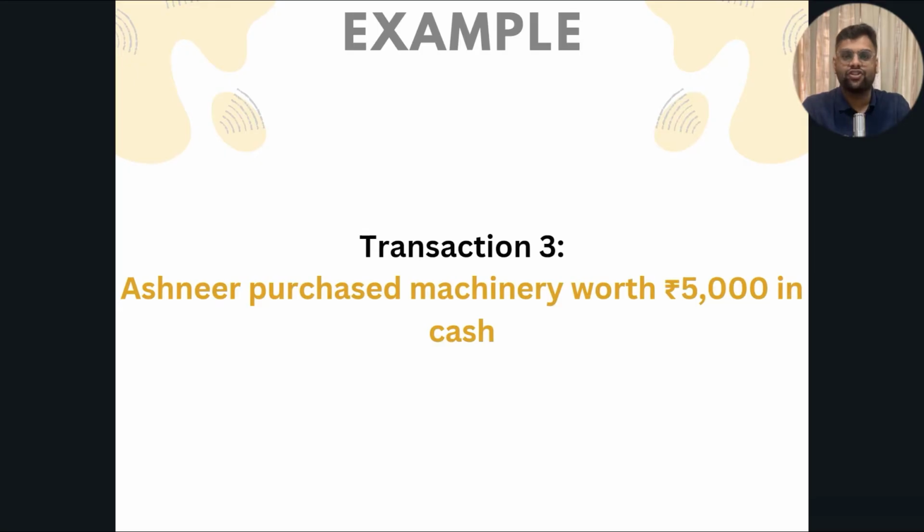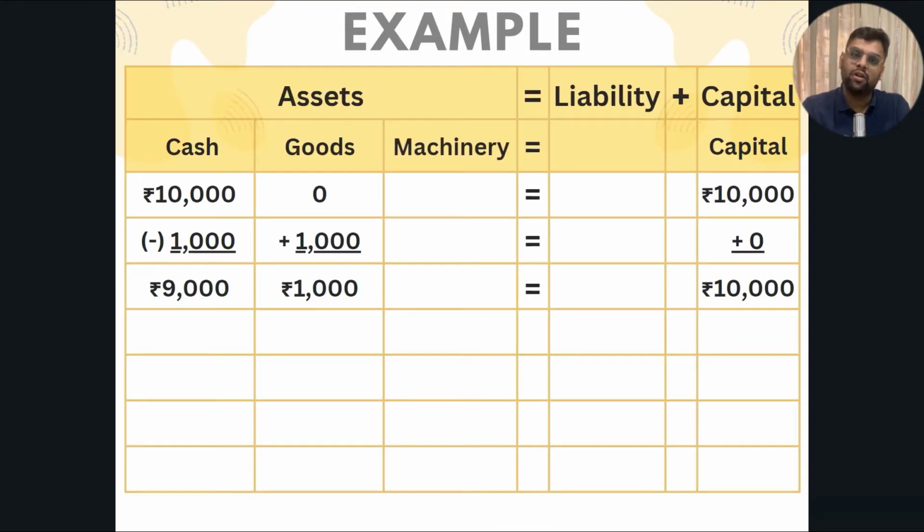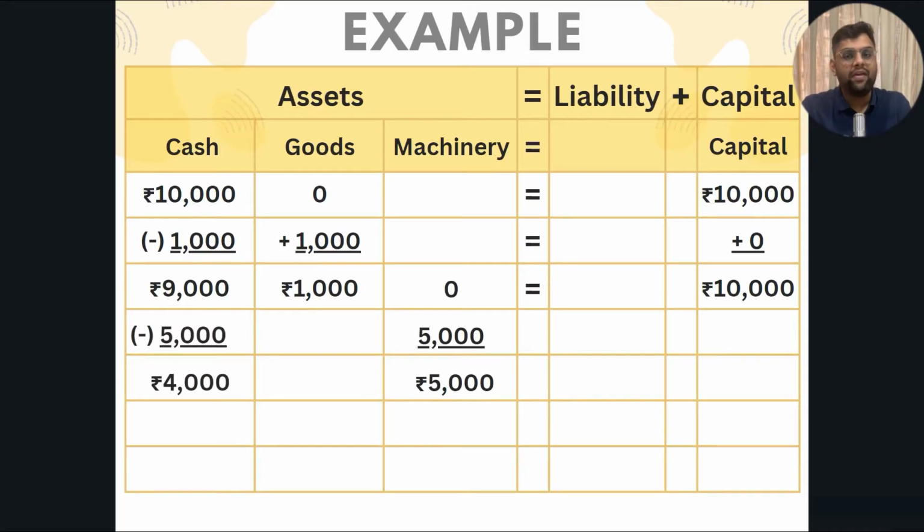Next, transaction 3. Ashneer purchased machinery worth rupees 5,000 in cash. So, from a business perspective, a new asset, machinery, comes into the picture. Machinery increases by rupees 5,000 and simultaneously cash reduces by 5,000 because the business has to pay for the machinery in cash. There are no changes to goods, no changes to capital. So, the new accounting equation is cash rupees 4,000 plus goods rupees 1,000 plus machinery rupees 5,000 is equal to